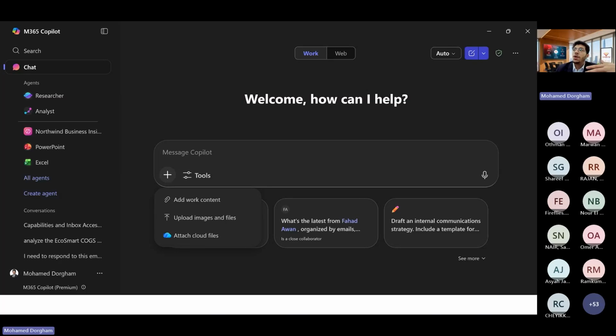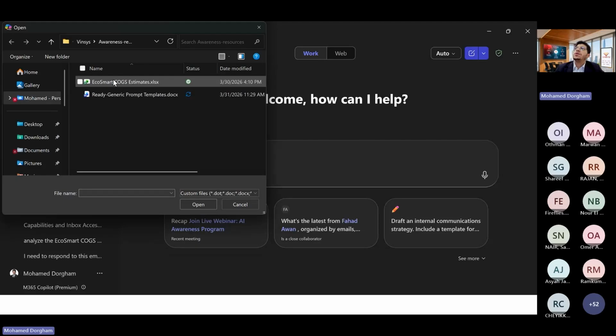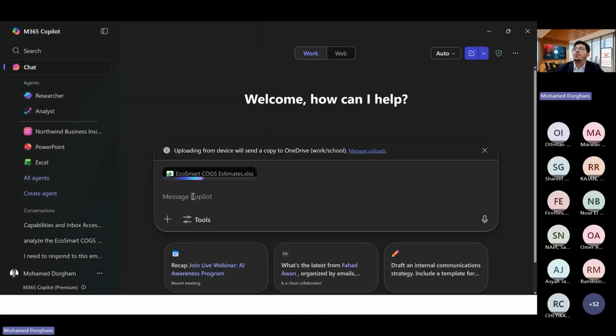Now for this example, I'm going to go with Copilot, first of all because I use Microsoft services, and even Copilot got upgraded in recent days. What I will do is upload the following data. Okay, so let's have the scenario. Let's say today you got a new Excel sheet, or a spreadsheet. First of all, you're going to spend some time trying to understand the Excel sheet. Instead of doing this, you can upload your document or your Excel sheet to Gemini or to Copilot, and you can ask it to give you